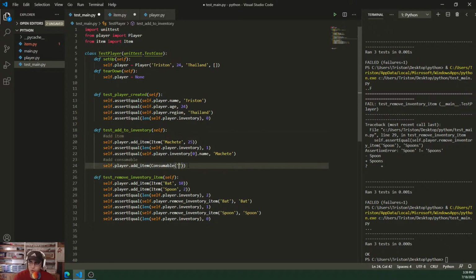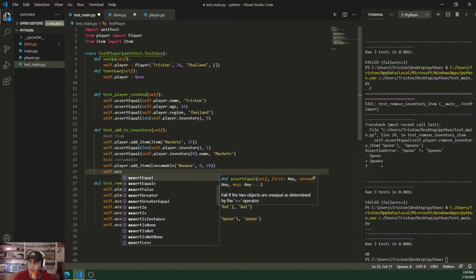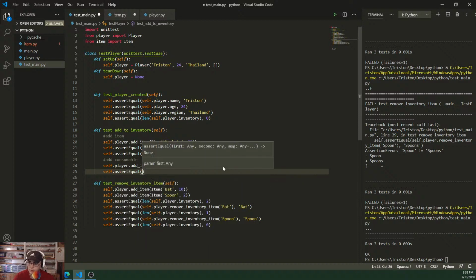I want to be able to add a consumable. The name is going to be banana. The damage is going to be 0, and the HP is going to be 10. Just like that. Self.player.add item consumable banana, B-A-N-A-N-A. Boom. Now I should be able to say self dot assert equal, self.assert equal